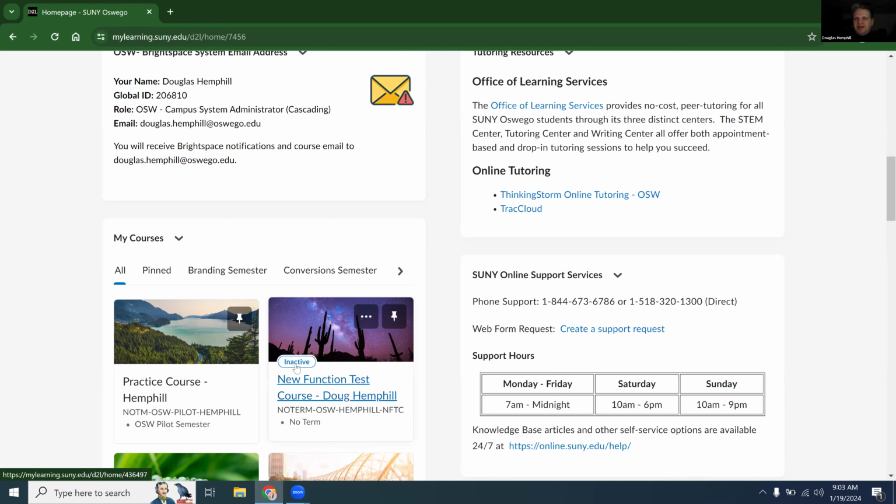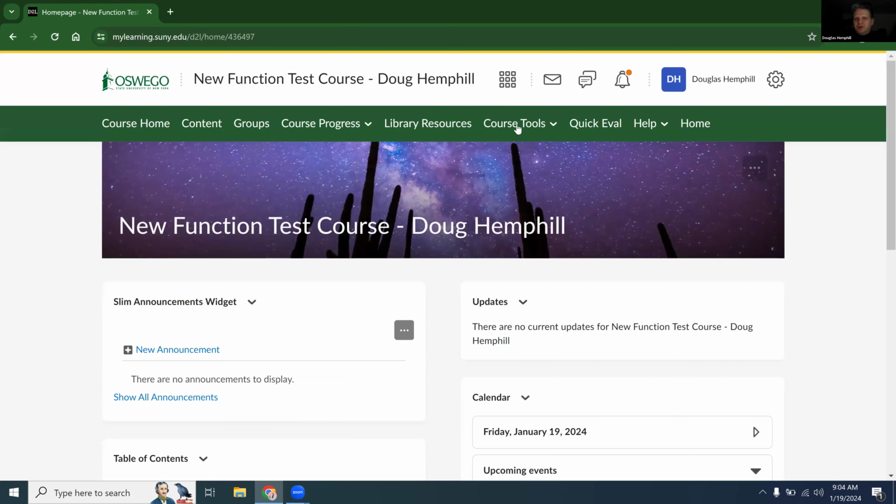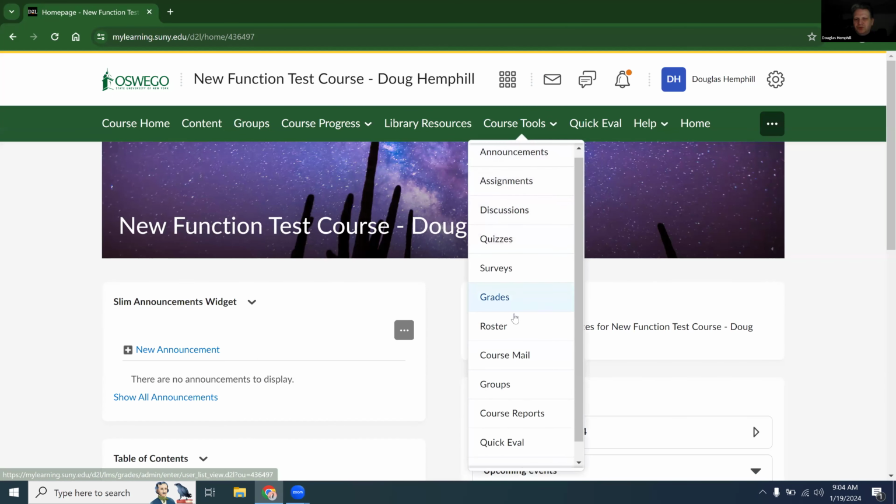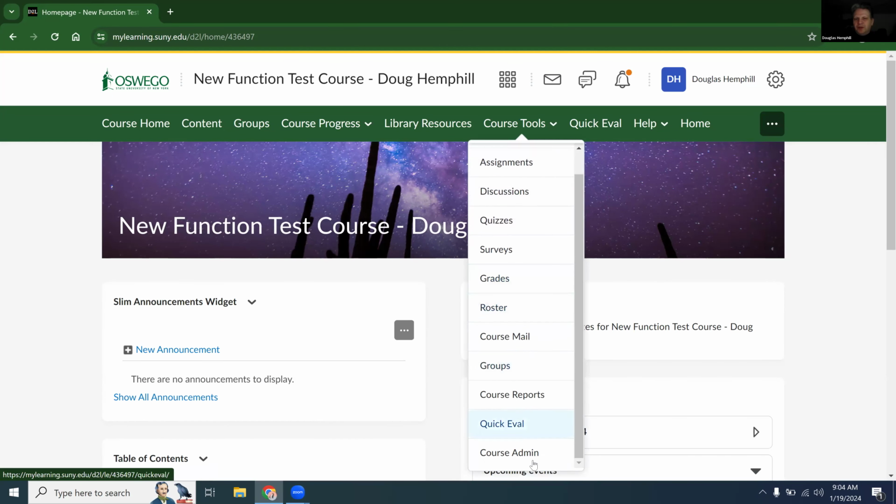inactive tag on any course that students cannot see. So they do not see anything. It is completely hidden from them. Once a course is opened, that tag just disappears. And to open a course, the easiest way is simply to go into that course and go into Course Tools and Course Admin